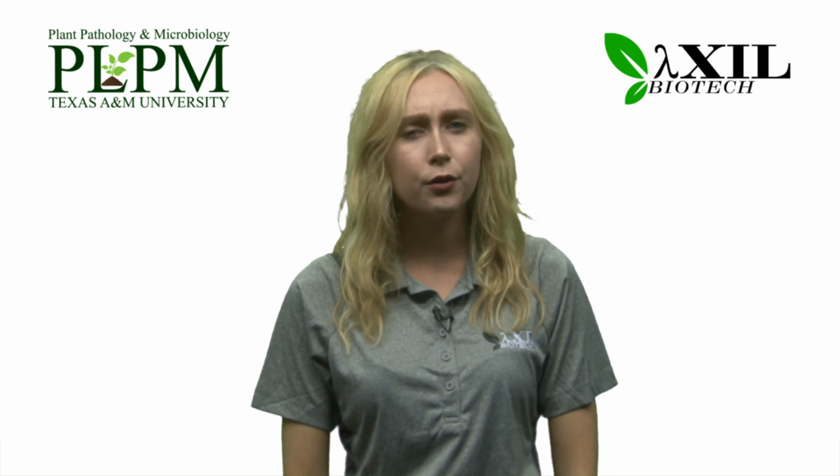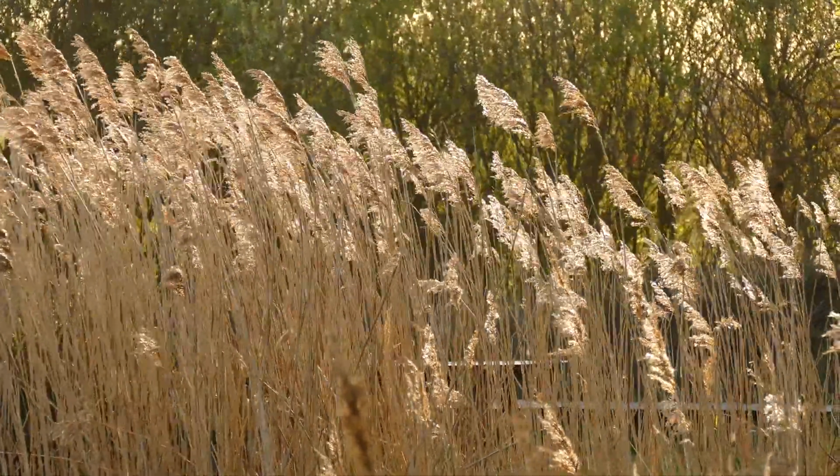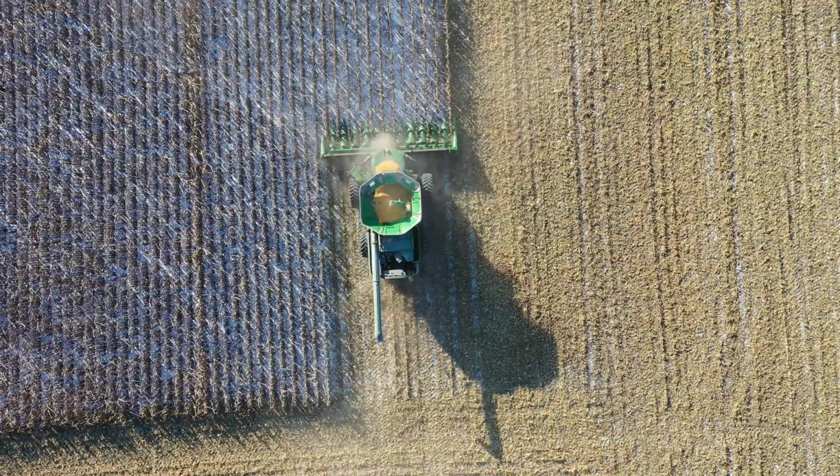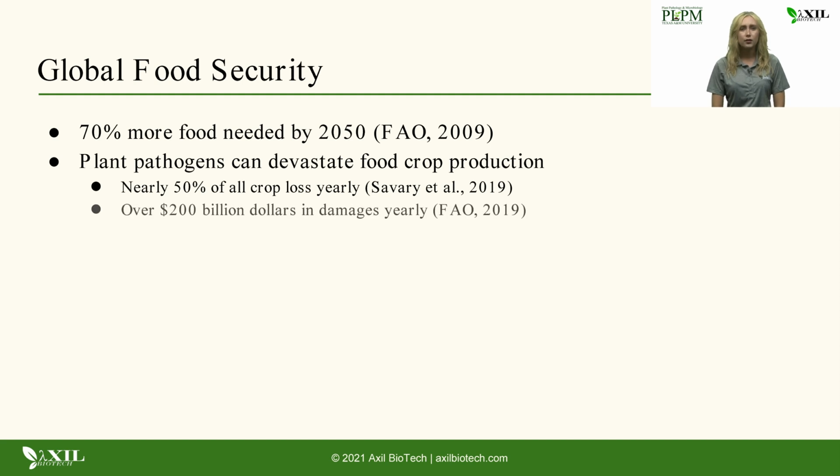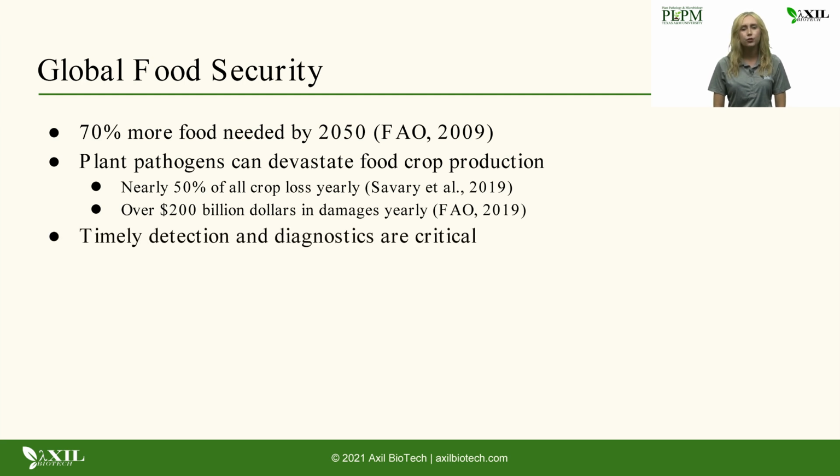In fact, to maintain our current population and rate of growth, we're going to need 70% more food by 2050. Plant pathogens make a very large impact on crop productivity and cause 50% of all crop loss and cost us billions of dollars every year. Because this is such a detrimental issue, timely disease diagnostics are extremely important in increasing crop yield and reducing the